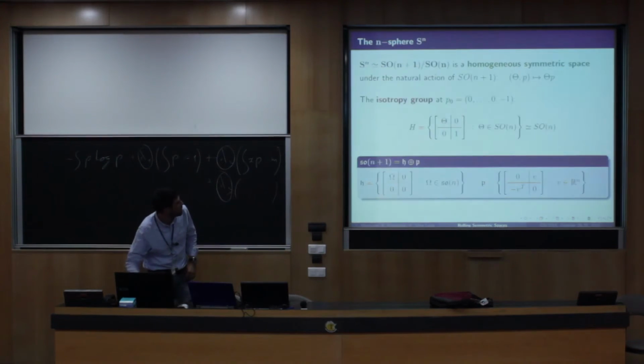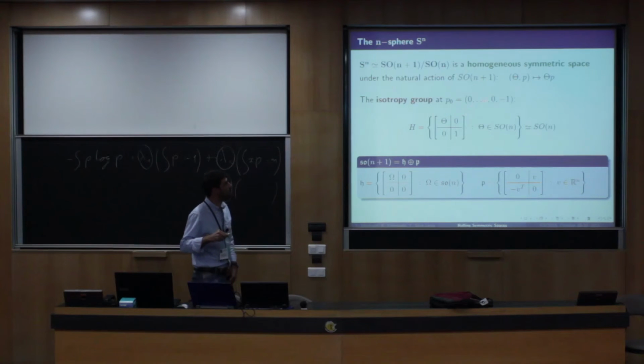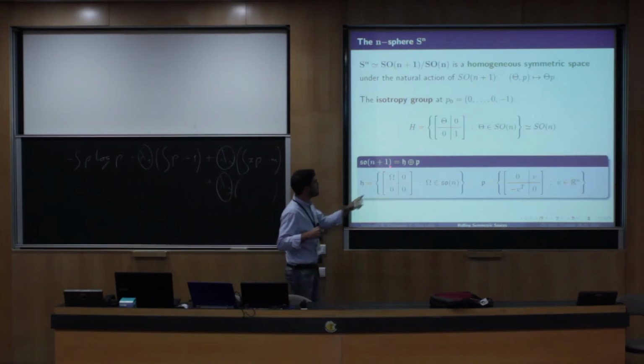Okay, so some examples. I will start with the sphere, which is a typical homogeneous symmetric space under the natural action of the Lie group SO(n+1). We fix the point P0, let's say the south pole in this case, and the isotropy group is a set of block matrices that can be partitioned like this, and is isomorphic to SO(n), and therefore the Lie algebra decomposition associated to this symmetric space is this, where H is isomorphic to